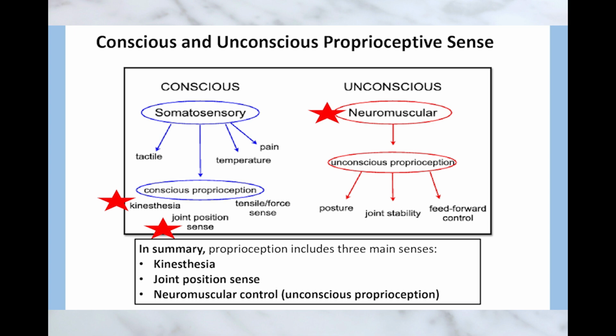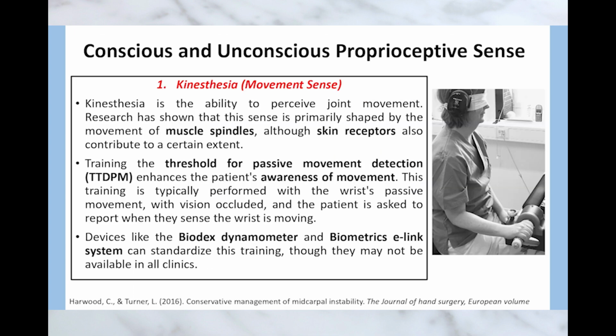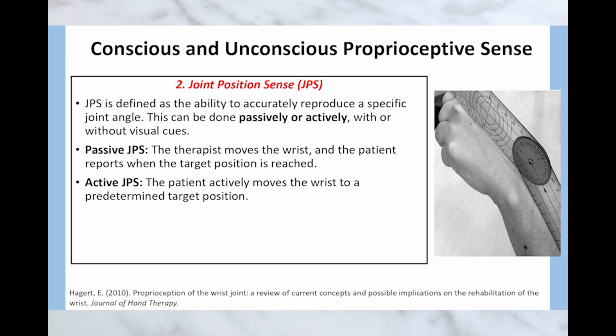So it's not just about strength, it's about control and coordination. And that makes sense why rehab after a wrist injury, especially with carpal instability, focuses so much on retraining these senses. What do those rehab protocols look like? They often start with conscious proprioceptive exercises. So things like trying to match different wrist positions with and without looking to improve that joint position sense. There's also something called TTDPM, target task displacement perturbation matching, where they move your wrist passively and you try to match the movement with your other hand.